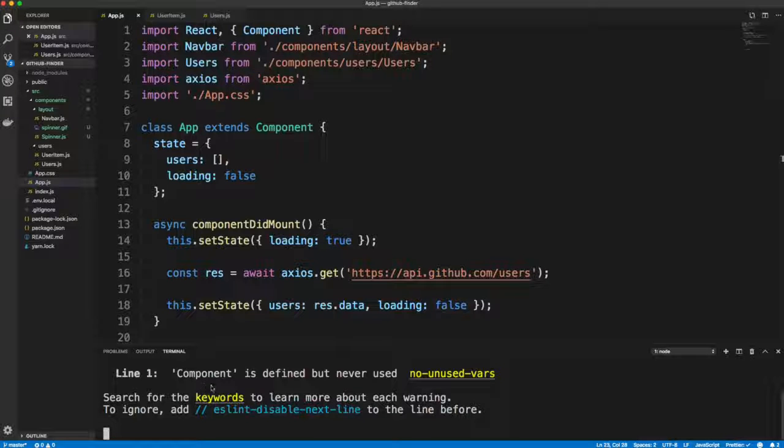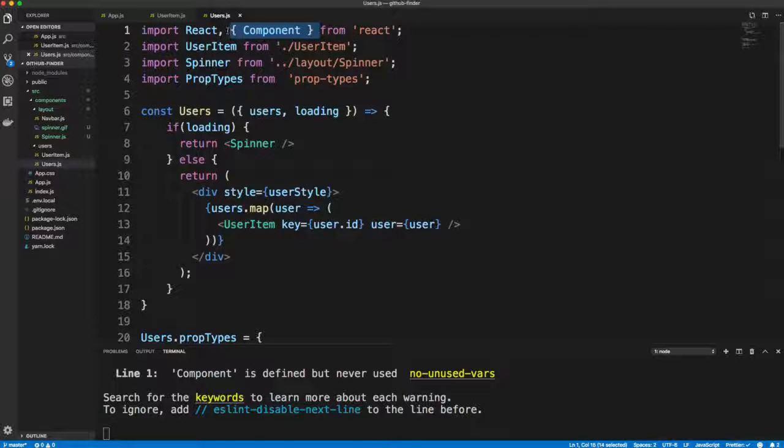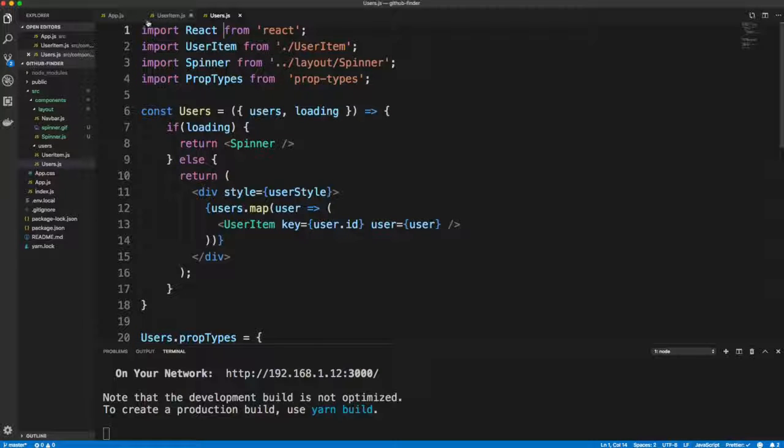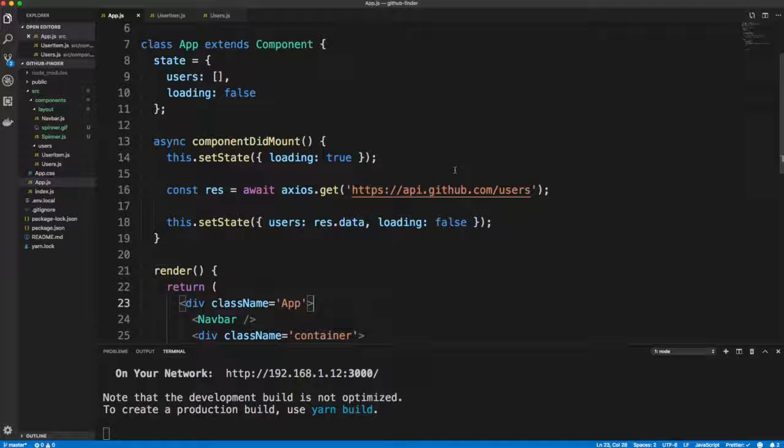All right, so what's this? Component is defined but never used. Oh, and users.js, we don't need this anymore, this component, since we turned it into a functional component. All right, so where we want to use this is when we make our call to GitHub, which is right here. So I'm going to add a parameter. I'm going to put a question mark, and then we want to set client_id equals to dollar sign curly braces, and we have to use backticks if we're going to use this type of syntax so that we can put a variable in here. And the variable is going to be process.env, and then we want to do